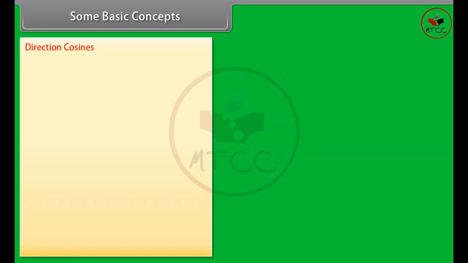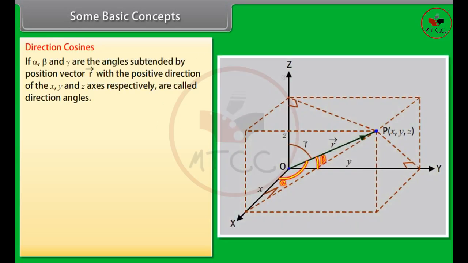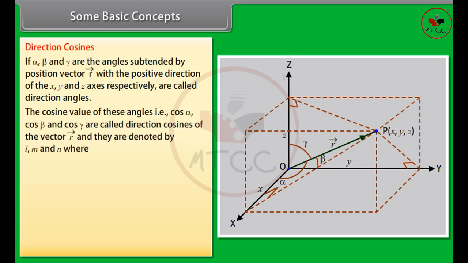Direction cosines. If alpha, beta and gamma are the angles subtended by position vector r with the positive direction of x, y and z axes respectively, they are called direction angles. The cosine values of these angles, that is cos alpha, cos beta and cos gamma, are called direction cosines of vector r and they are denoted by L, M and N, where L equals cos alpha, M equals cos beta,